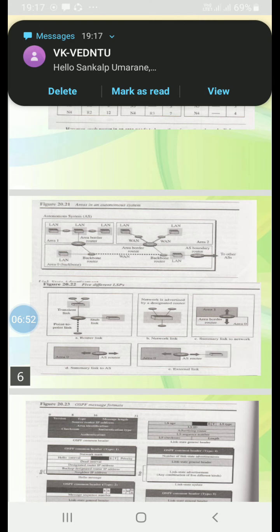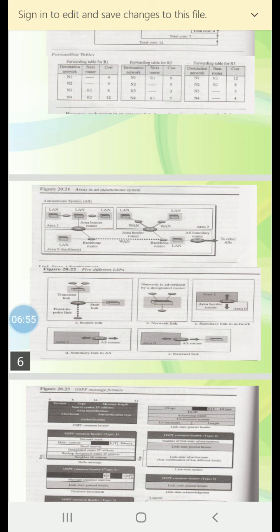OSPF is based on link state routing algorithms. It requires that a router advertise the state of each link to all neighbors for the formation of the LSDB. Each router is a node and each network between two routers is an edge. We need different types of advertisements, each capable of advertising a different situation. There are 5 types of link state advertisements: router link, network link, summary link to network, summary link to autonomous system border router, and external link. We'll discuss all these 5 types of links.